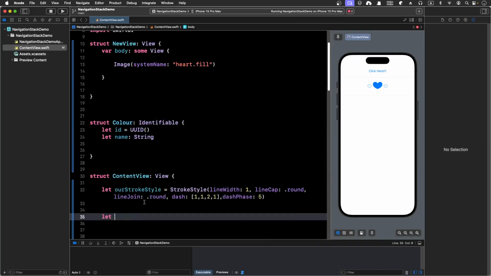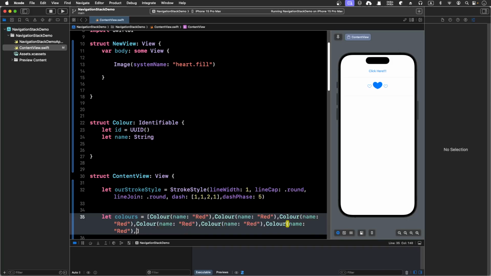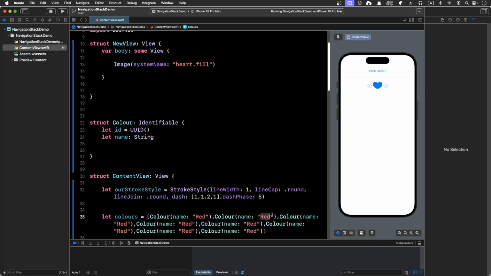So let's choose a container for that. Let me say colors. Okay, that will be an array of Color, and inside of it we're going to use Color, and we're going to pass in the name of that color. And since it's a string, I'm going to say the first color will be red, and I'm going to duplicate all this, just copy that and duplicate it multiple times. So 1 and 2 and 3 and 4 and 5 and 6 and 7. I don't know whether I know that amount of colors yet, so maybe just use blue, and then say green,